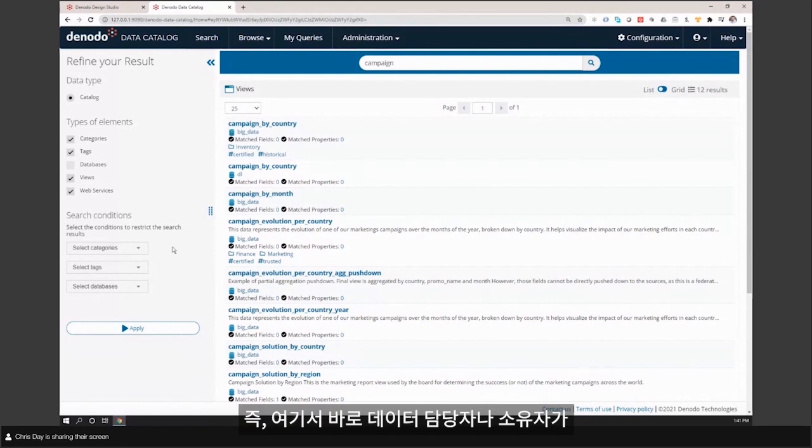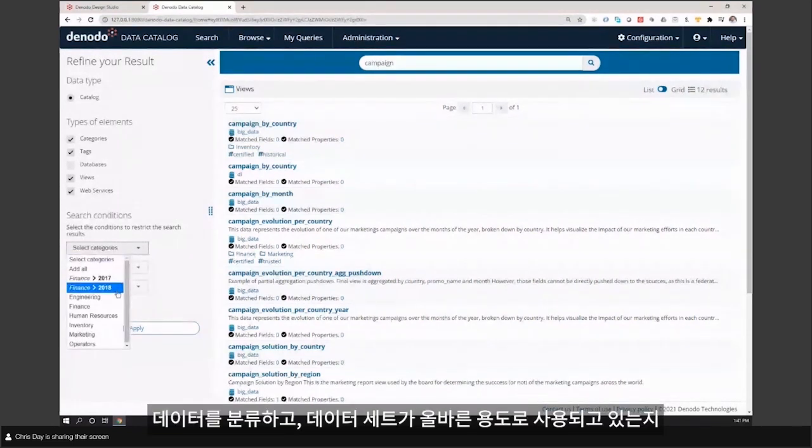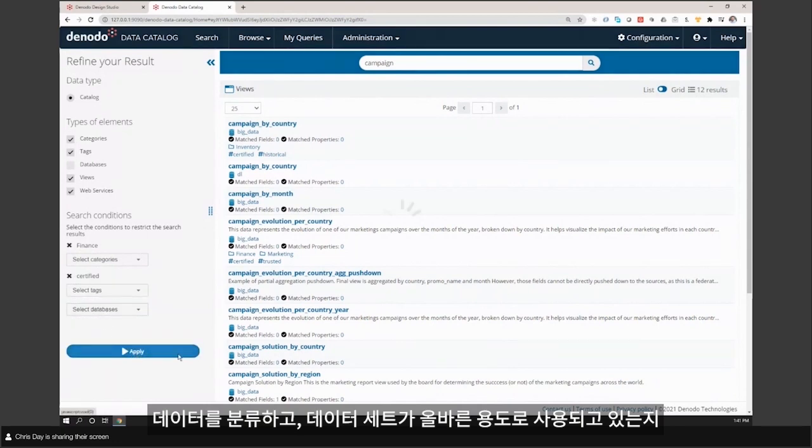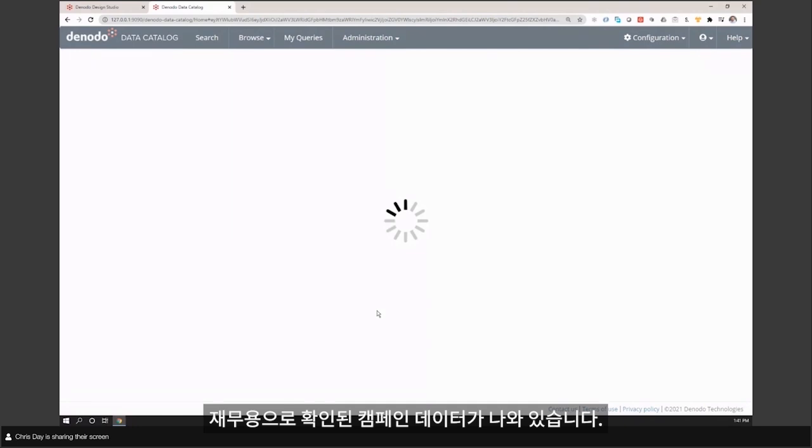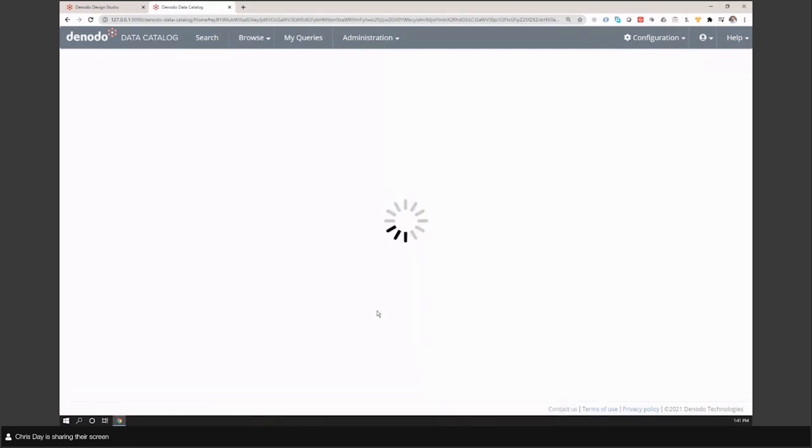So this is where my steward or my data owner has actually come in and categorized the data, ensuring that the right data sets are being used for the right purpose. So now I've refined my results. I get back the one view that has campaign data that's been certified for finance use. Clicking on the view,